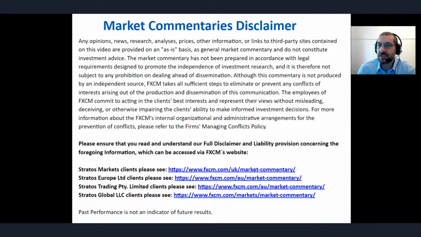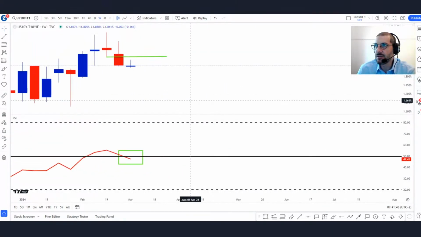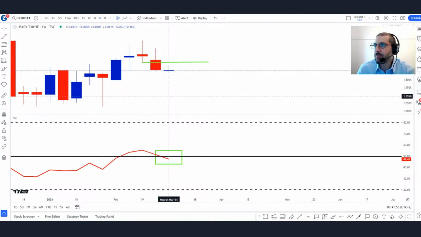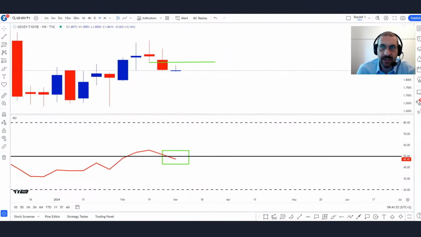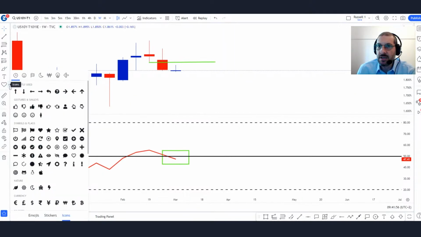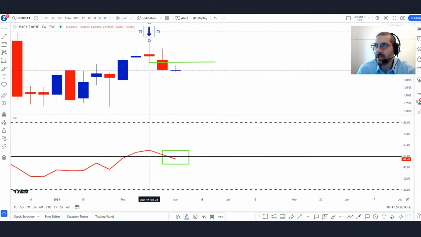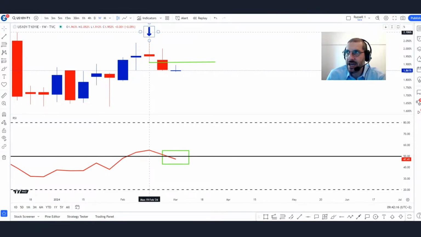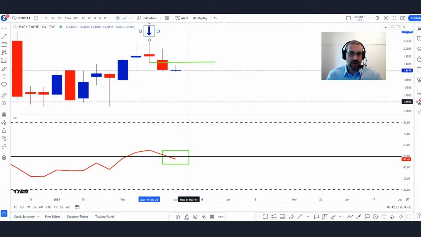Now, let's start off with taking a look at the real rate. Let's zoom in here. What we've been looking at is a potential turning point in the real rate. Hi Raj, good morning to you, welcome. You can see that the candle third from the end is the reference candle. It's the candle with the highest high in at least 3 candles, and then last week's candle closed below the low of that reference candle. So that's the potential turning point.